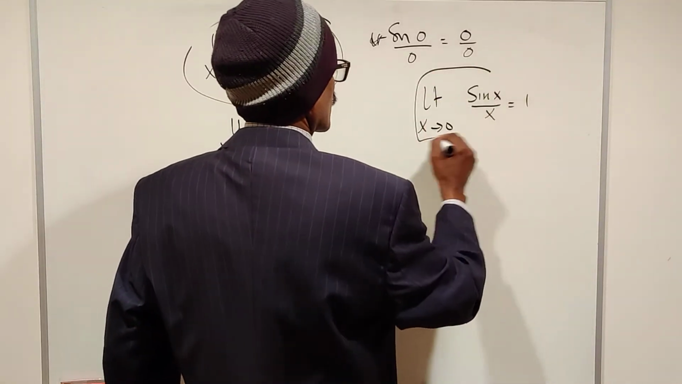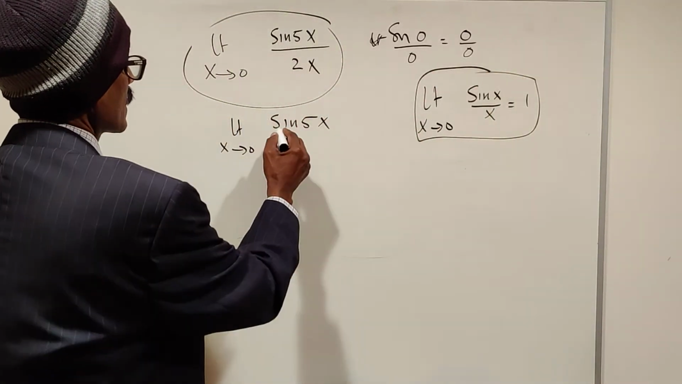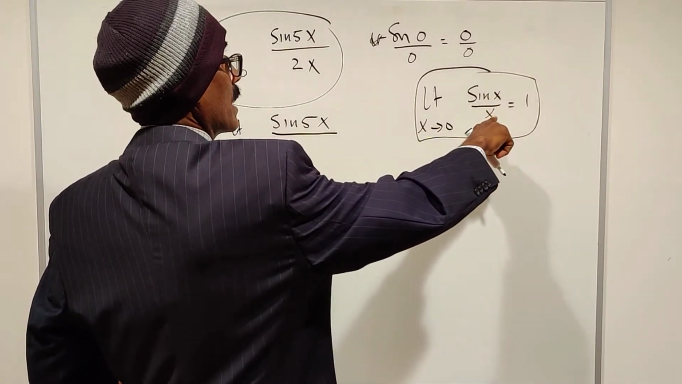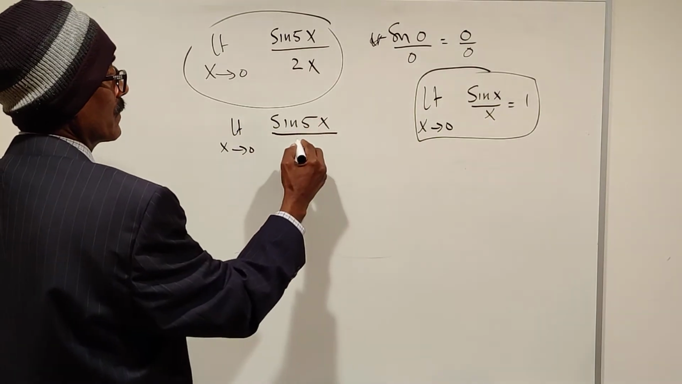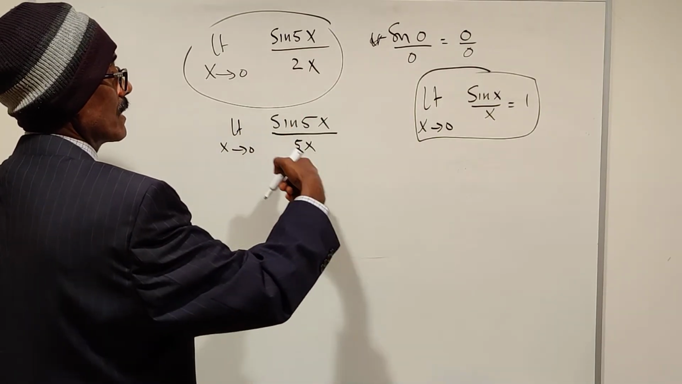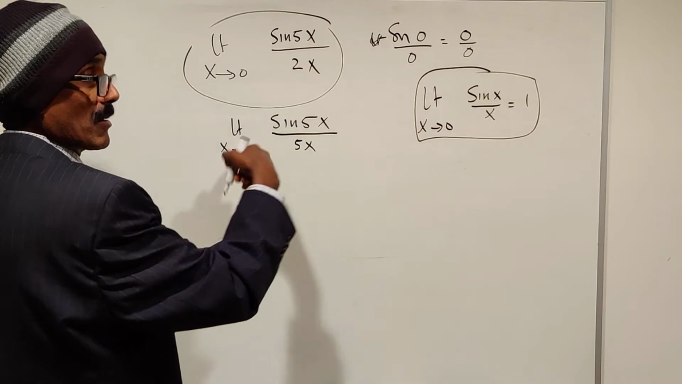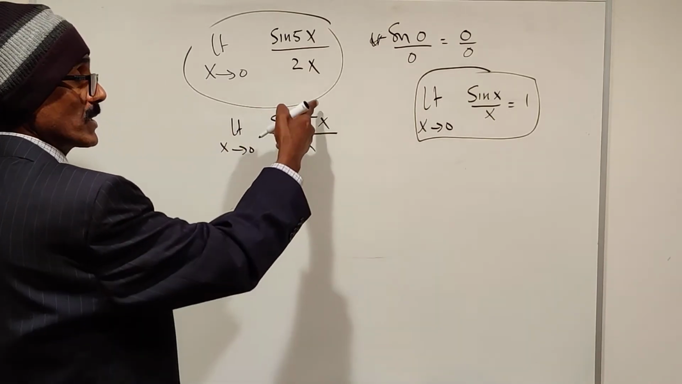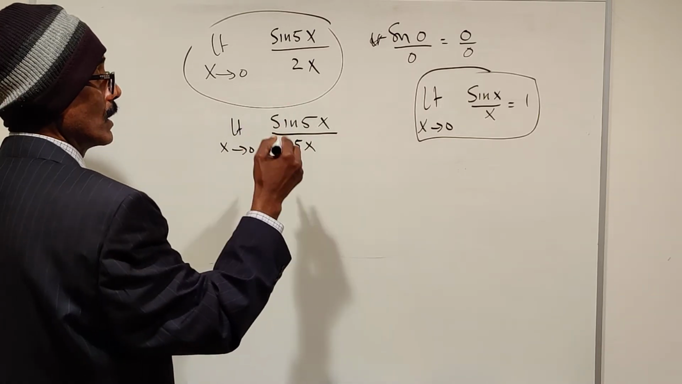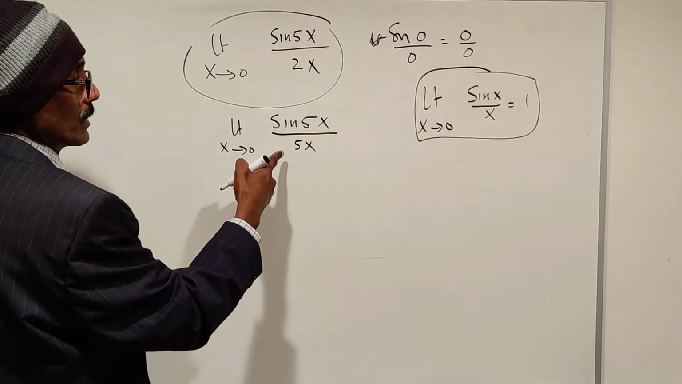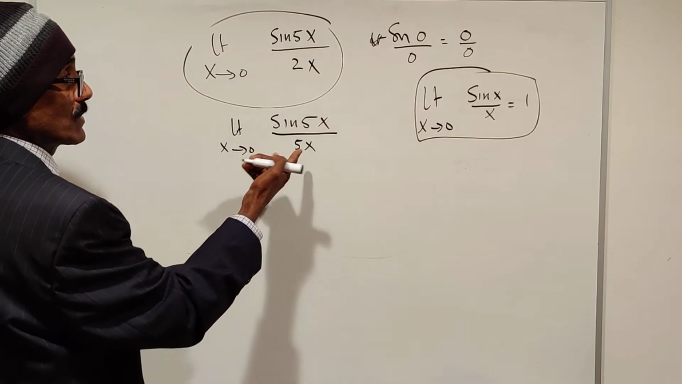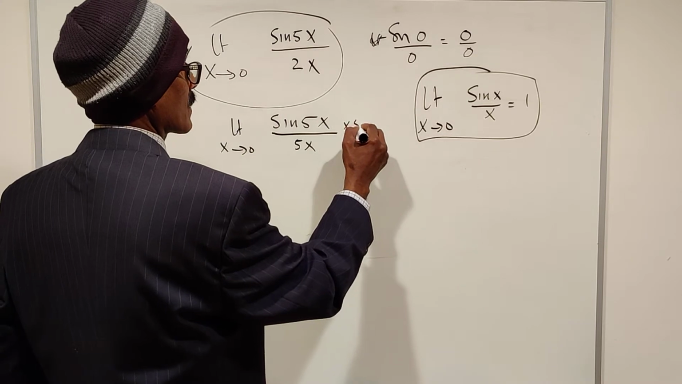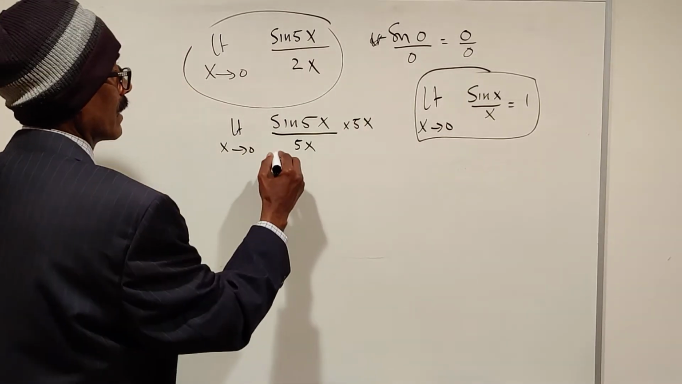So this is the formula. So sine 5x by, if it is x, divided by x. So 5x divided by 5x, then only can we apply the formula. Limit x tends to 0, sine 5x by 5x is 1. The value will change because we just divided with 5x, so multiply 5x on the numerator divided by